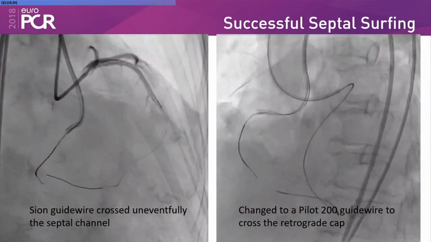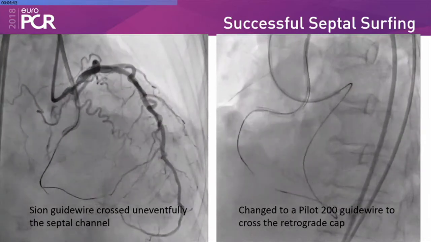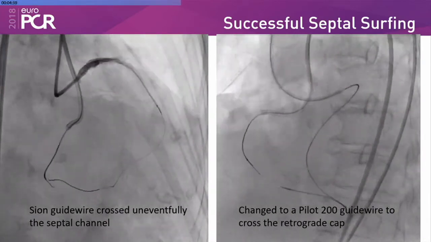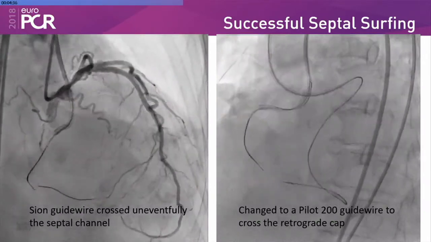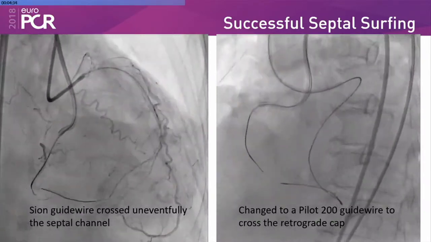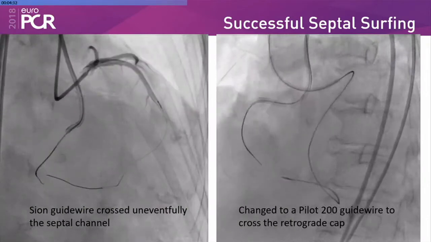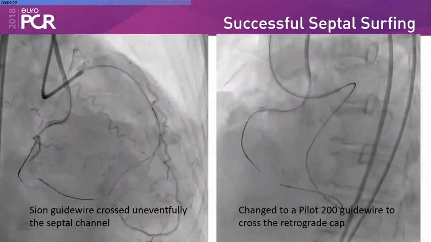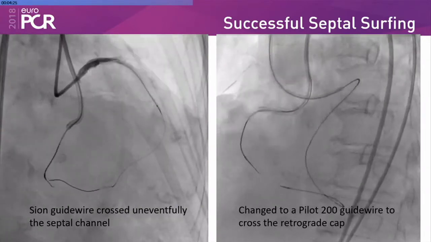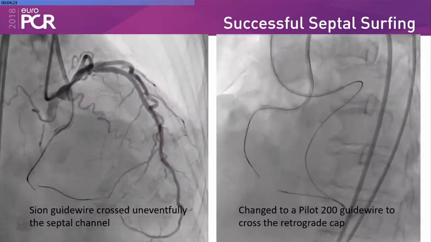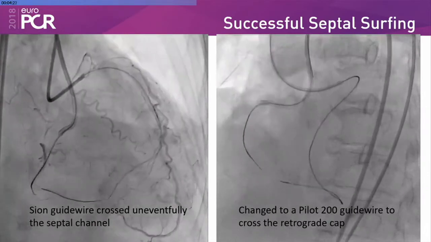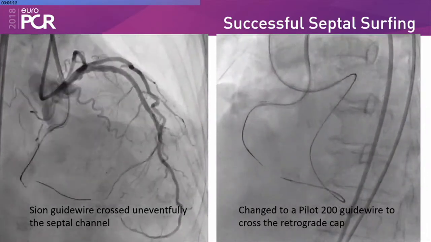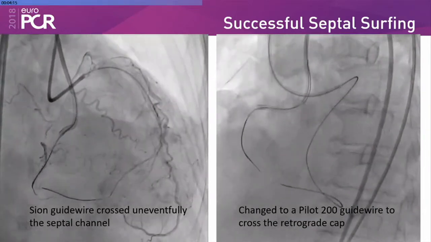And in this case, they did the septal surfing. That is actually, as you can tell by the name, you literally just push the wire to the septal and it goes through. It sounds very easy. Sometimes when you get a very good septal, it's really easy to get through the retrograde approach. So they changed to the Pilot 200 guide wire to cross to the retrograde cap,